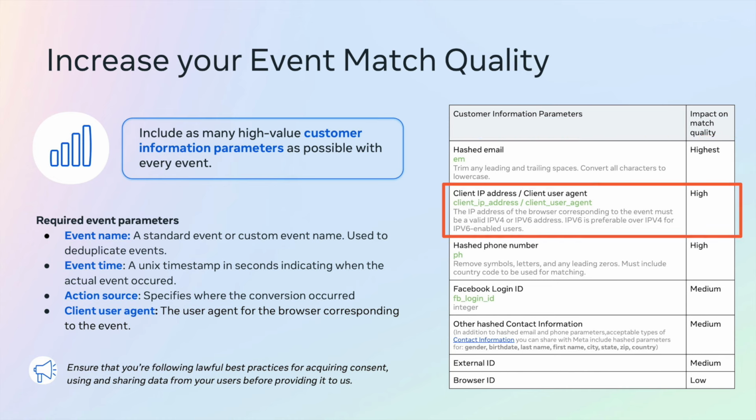Next is going to be client IP address, client user agent. These are really important signals for stitching back to that same user, because maybe you don't have that email, right? When you think about an add to cart event, you often don't have an email coming through at that moment in time, but you will have an IP address. Things like a hashed phone number, that's really important. A Facebook login ID. So this is something that will come through with the user that can already be automatically recognized and picked up there.